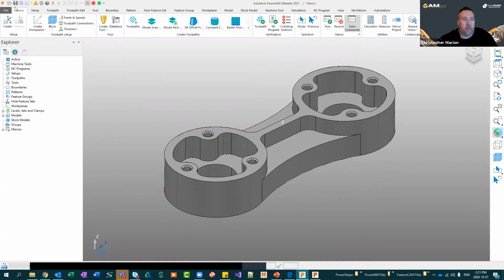So looking up into the Home tab here up top, what we're going to do is focus on this area here. This is our toolpath setup section. So the very first thing we're going to do is define a datum, a block, and then some safety considerations. So creating a work plane, maybe what I'll do is select my entire part,